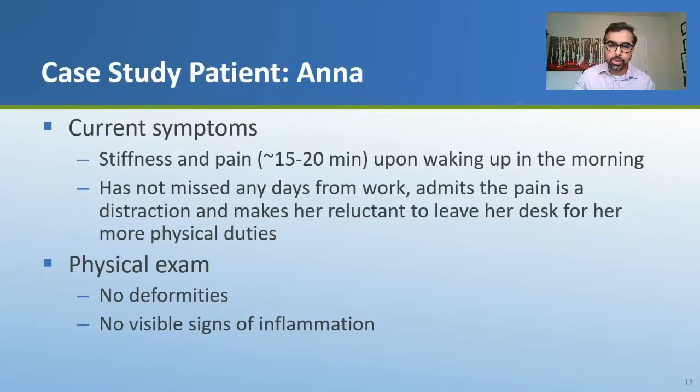At this point, I'd like to invite my colleagues back to discuss Miss Anna's case. All right, so although Anna doesn't explicitly report being dissatisfied with her current treatment, she's having persistent symptoms, and their impact on her daily activity suggests that there's need for improvement. So what additional information would you require before making any type of recommendation here?